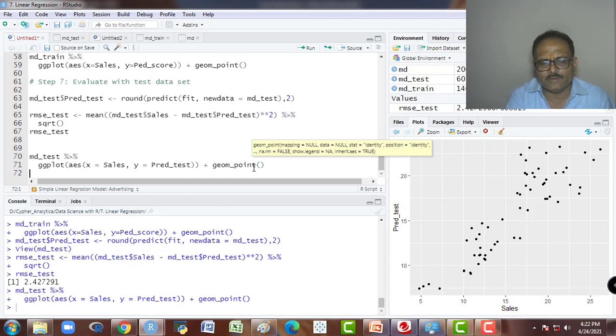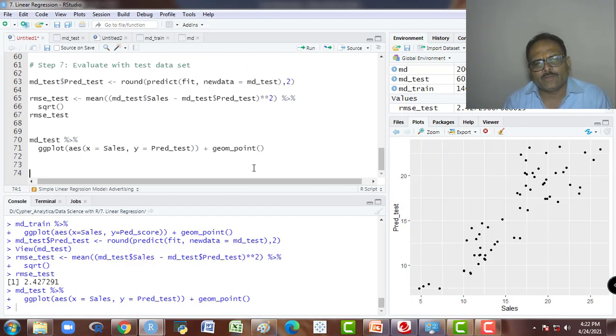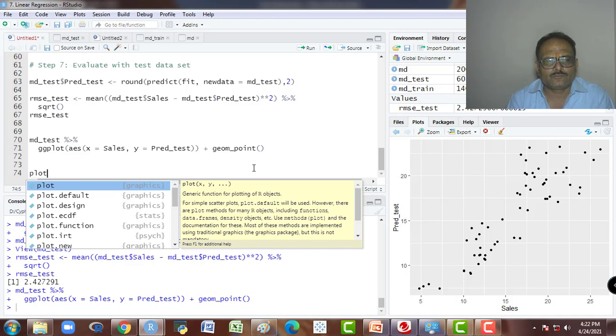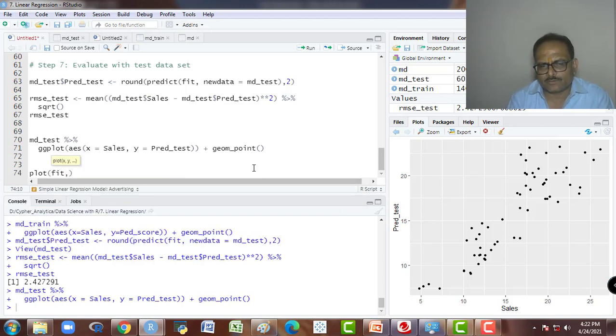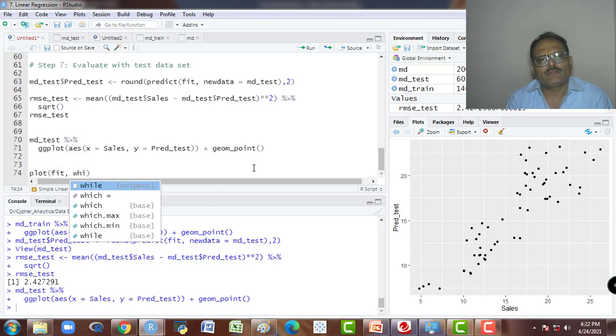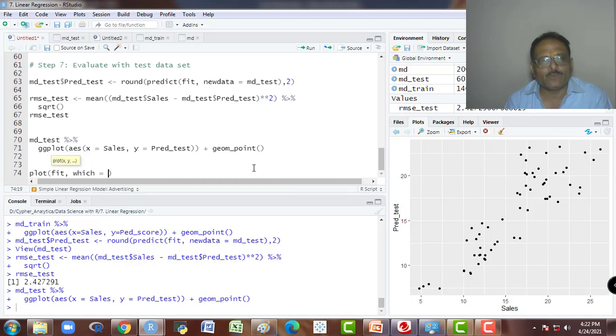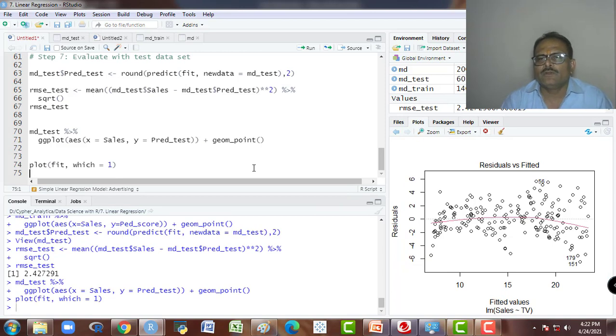Now we will check a few assumptions here for the linear regression. First assumption, we already know that there is a linear relationship between the dependent and independent variable. Second, we draw some plots here. So I will draw a plot for the fit model, and I will take which equal to 1. So it is the plot of the fitted values. Fitted values are the predicted y values, and these are the residuals.